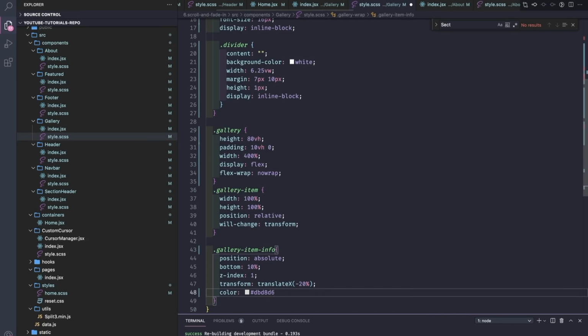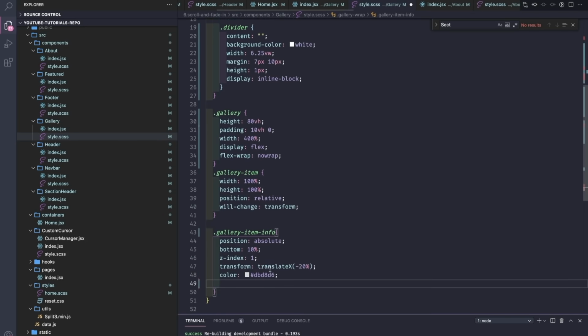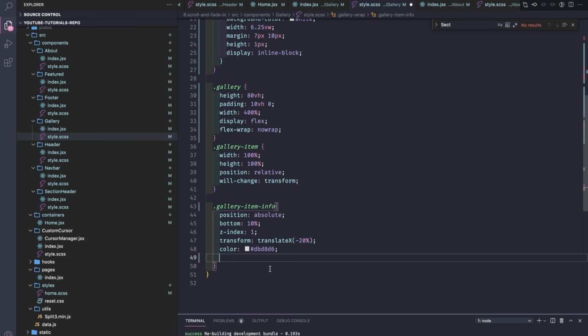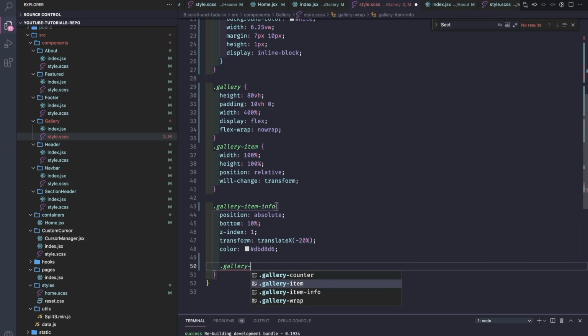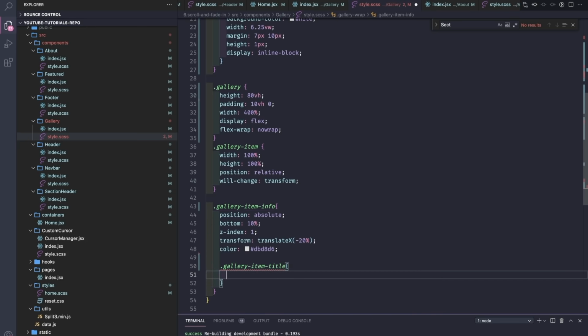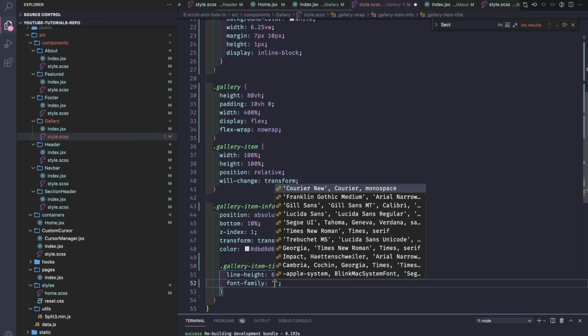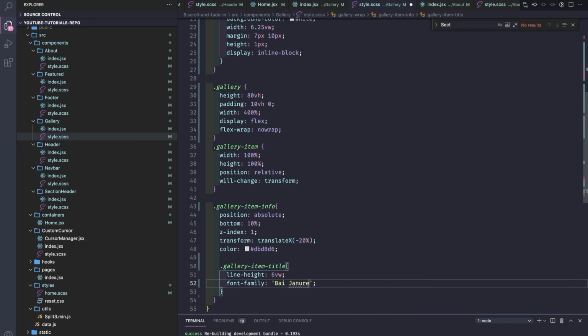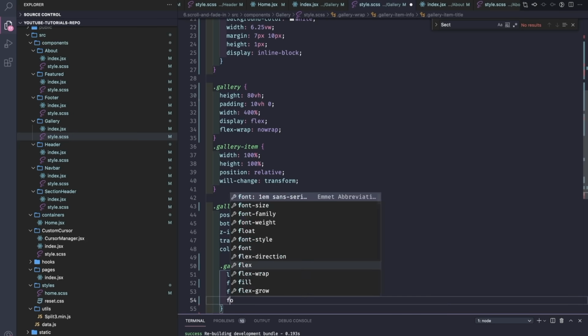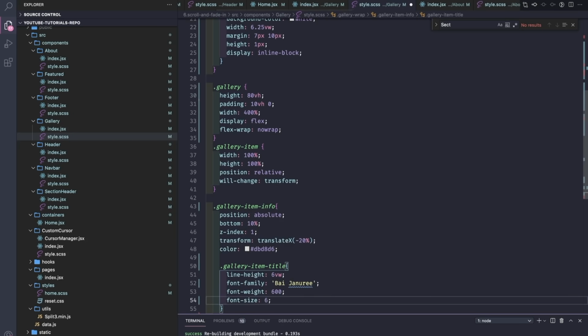I probably should get this value into a variable. Gallery item title, line height 6 viewport width, font family to be by Jean Jouret, font weight 600, font size 6 viewport width,